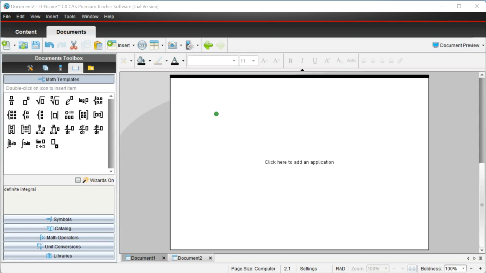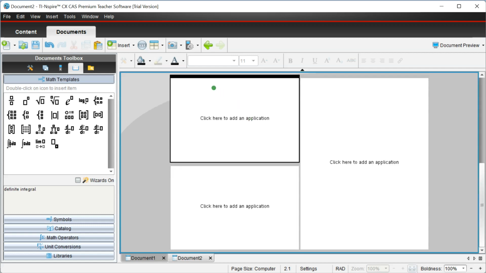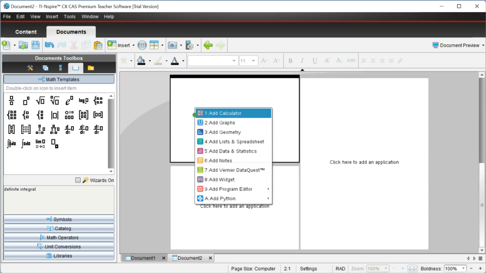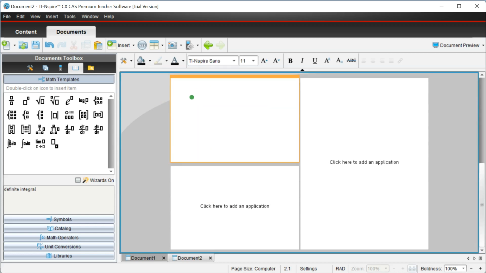I'll show you how to create a revolution object of a function in TI-Nspire. First of all, I'll begin by dividing my screen area here in 3 sections. First of all, I'll add a little notes area to define my function. And to do that on a PC, I press Ctrl M and define the function by typing f of x